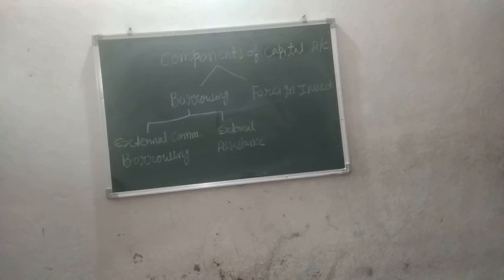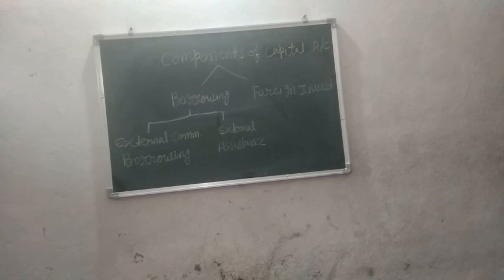So borrowing from the rest of the world raises our liability to rest of the world, but what we have to keep in mind is that it is recorded as a credit item in the capital account of BOP. Okay, borrowing will be recorded as a capital item of the account of BOP. The reason is all receipts of foreign exchange are recorded as credit item in the BOP account. Thus, borrowing of rest of the world would be recorded as debit item in the capital account, as it causes flow of foreign exchange from our country to rest of the world.